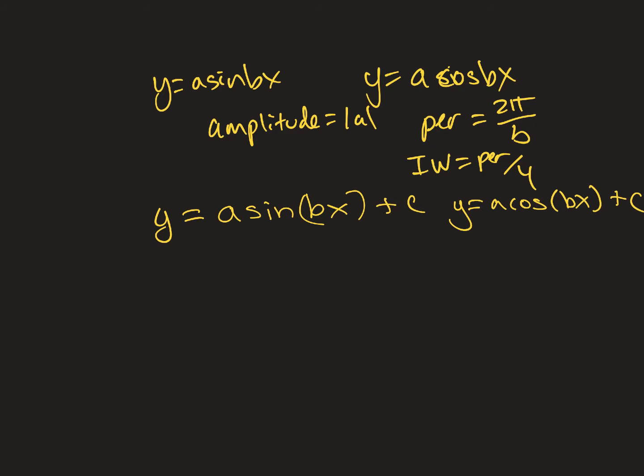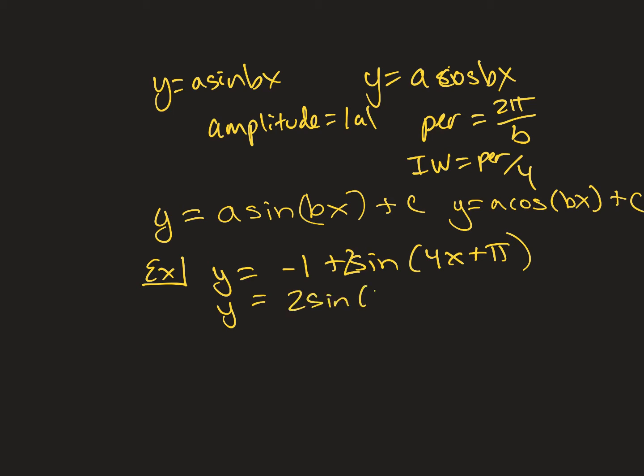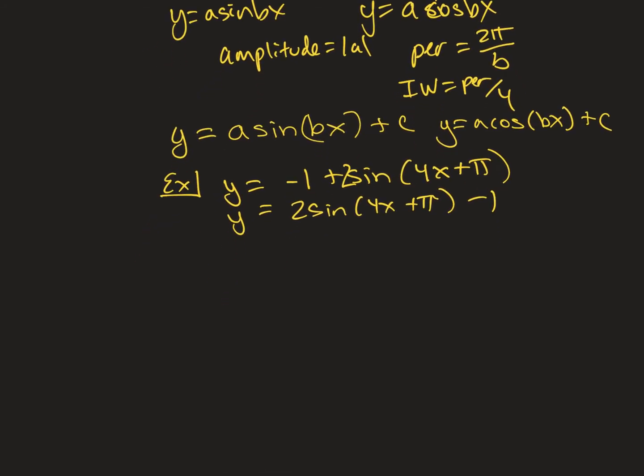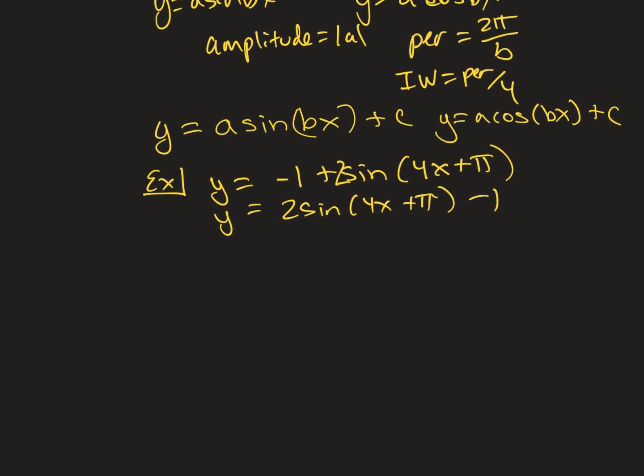When it becomes complicated is when we talk about something like the following. Let me give you an example, and then we will generalize. What if I had negative 1 plus 2 sine of 4x plus pi? This is the same as writing 2 sine of 4x plus pi, minus 1. So the vertical shift is down 1. All right, but this 4x plus pi is bothering me. So if you think about setting that equal to a particular value,